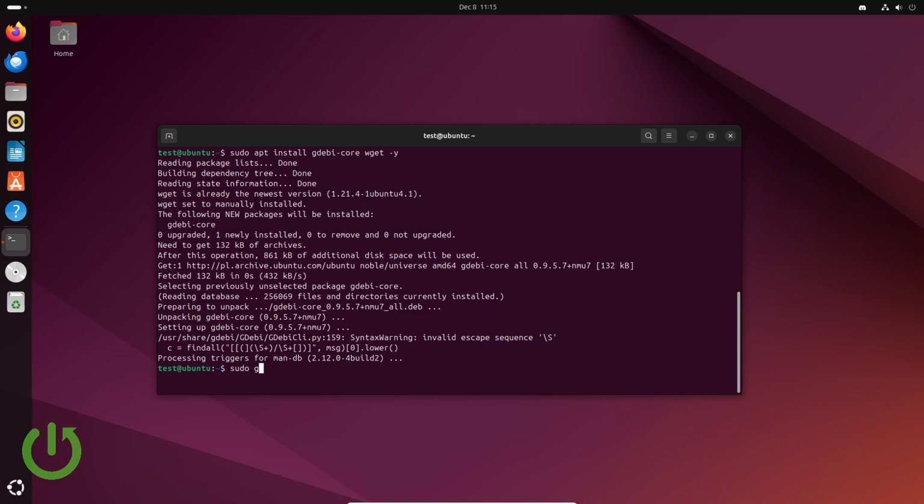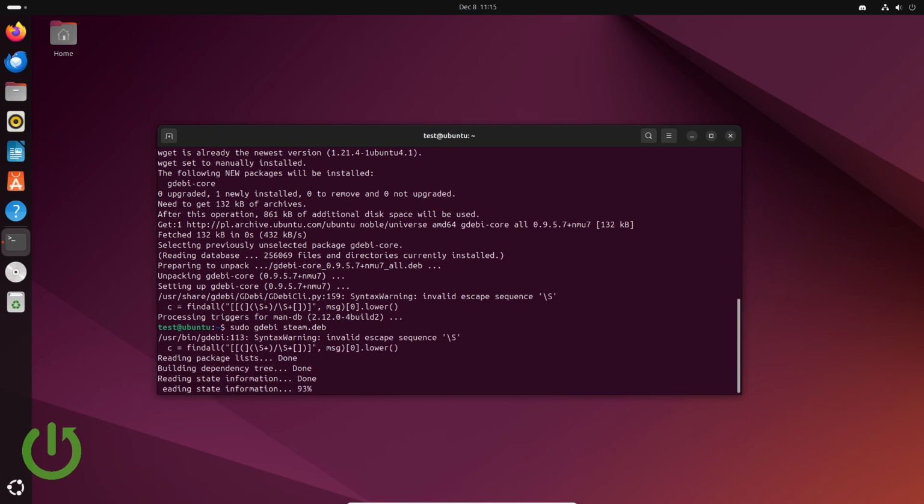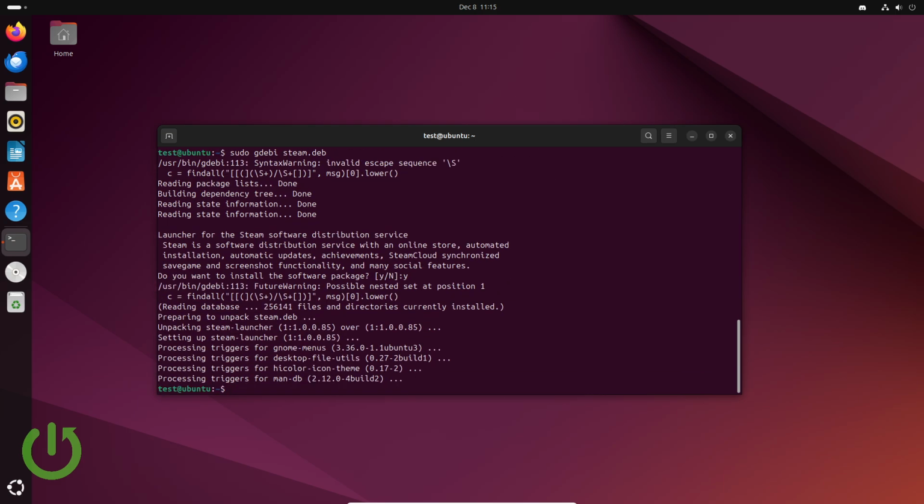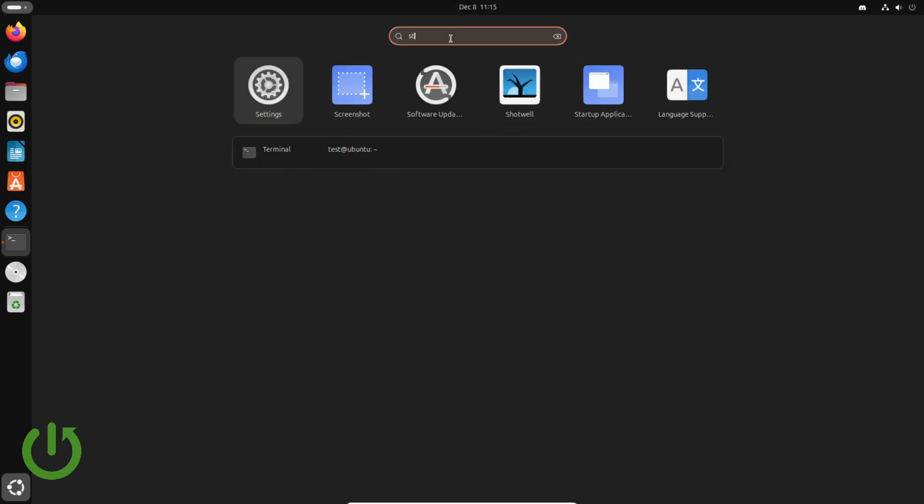So sudo gdebi steam.deb, because this is the name of our file that we downloaded. Now we have to press Y, so it's yes, and as you can see it is installed. Now we can check if our Steam is working. So steam,